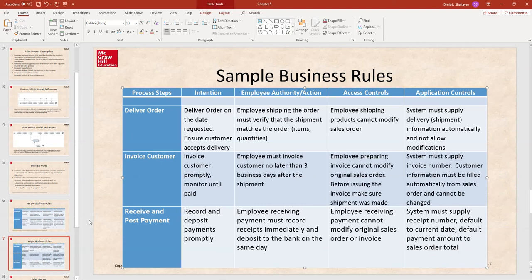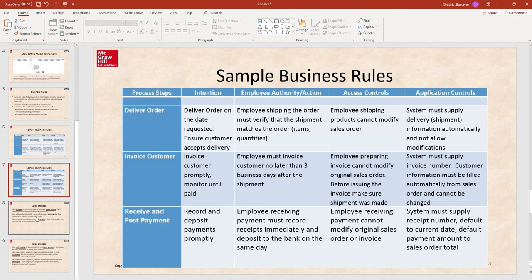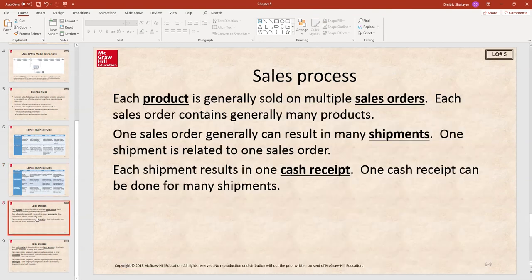Okay. All right. So now let's go ahead and do the fun part. And the fun part is designing the database to record the sales process. Now, what you're about to see is that I'm going to modify the same Word document which I was creating when we discussed the database design for the purchasing process. And you will see that the sales process and purchasing process are very similar. And indeed,